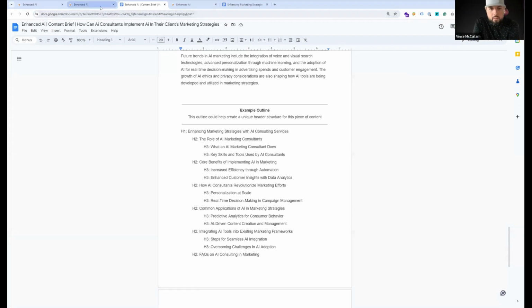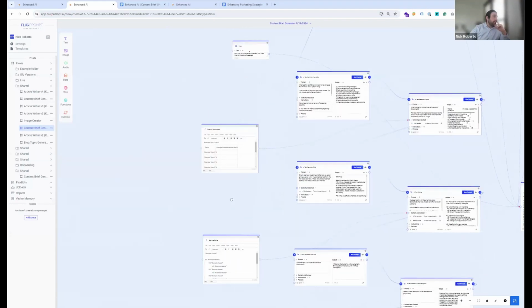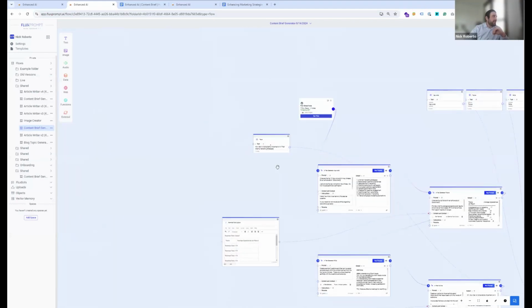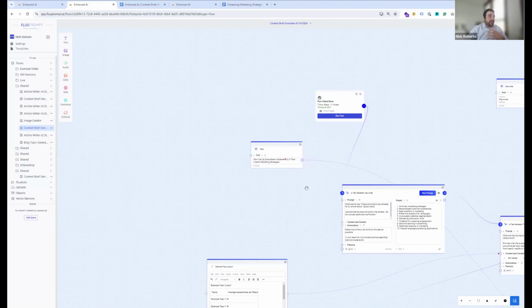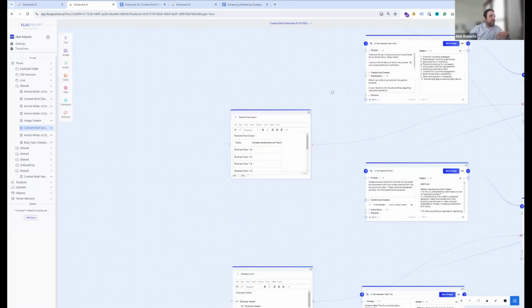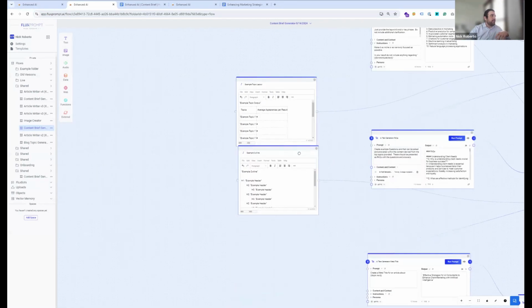Okay. So let me go back here real quick. And this flow is definitely a little bit bigger. But say I take my blog topic from the previous topic creation and put it in here. Most of the time for this flow, I am hitting run flow because we've had this set up pretty well and it's going through that process. You'll see I have additional examples down here. So like we were talking about before, I can customize this and add things into it.